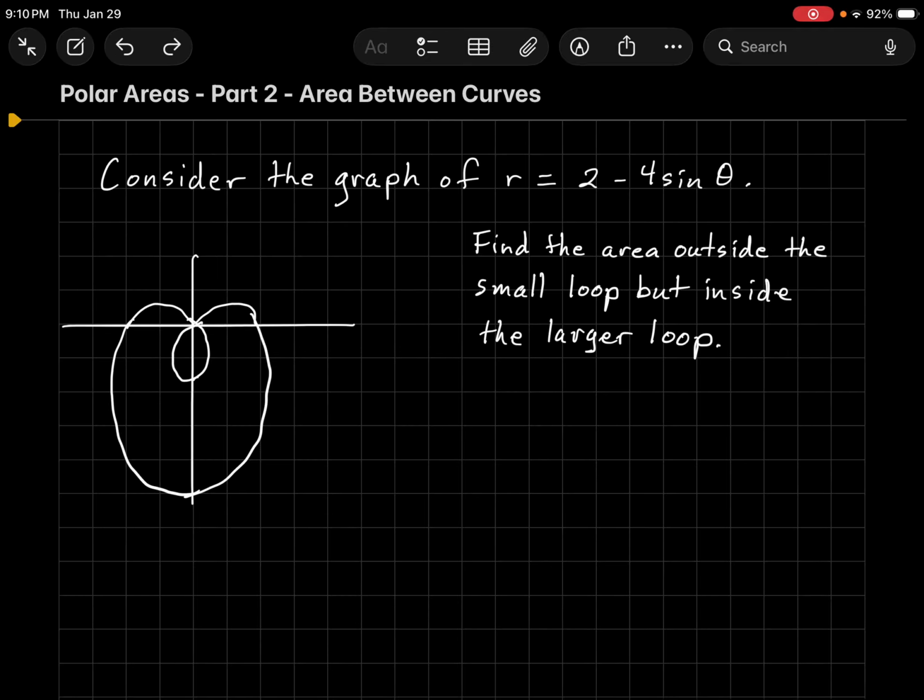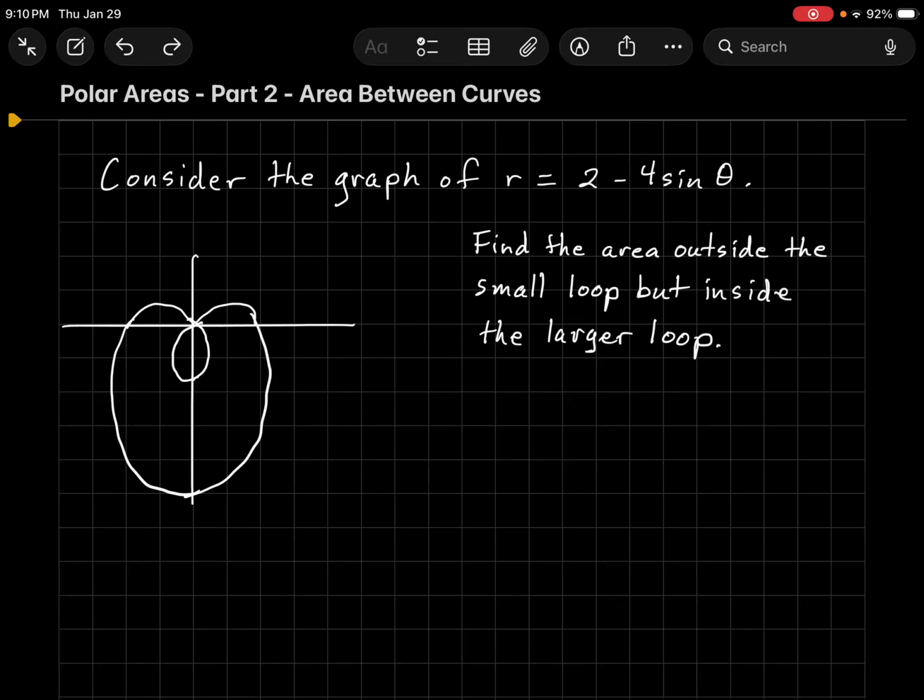So what we really are going to need to do is find the area of the big part and subtract out the area of that little part. Before we begin, let's start getting limits, or at least points that I think might be helpful for us. You can do a little bit more work to confirm that what I'm saying is true, but I think we've